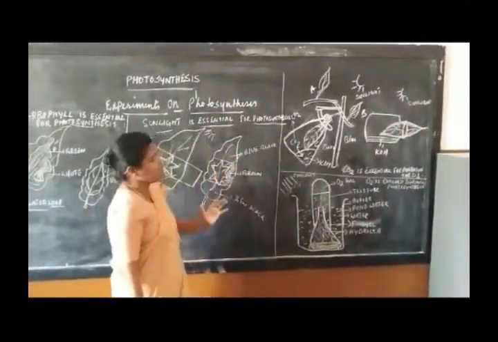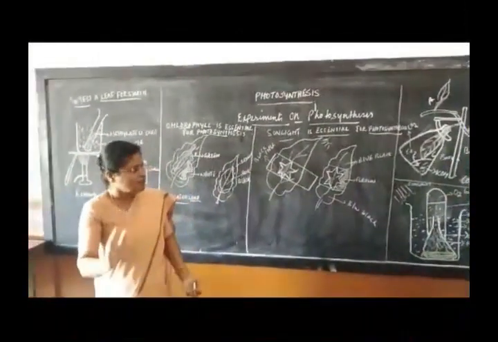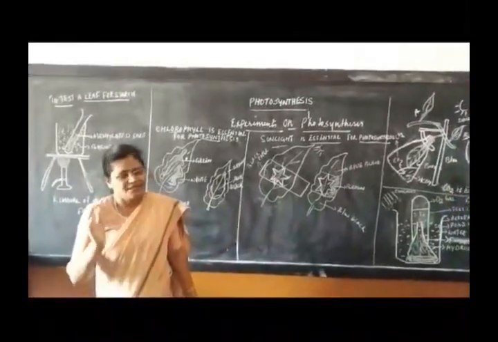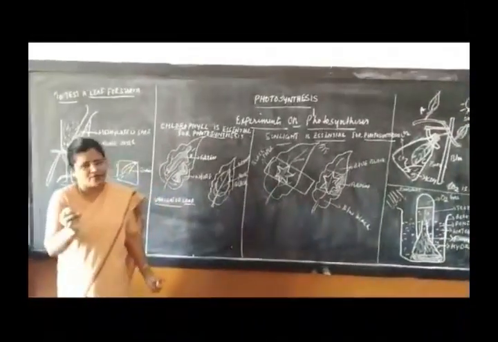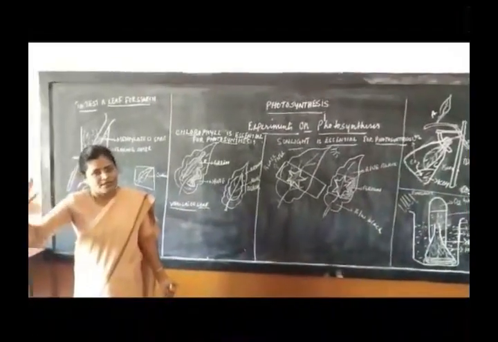Now these are the various experiments. With these, we almost come to the end of the chapter. What is left is the carbon cycle. It's very simple, children. Carbon cycle: the plant synthesizes starch, utilizing the